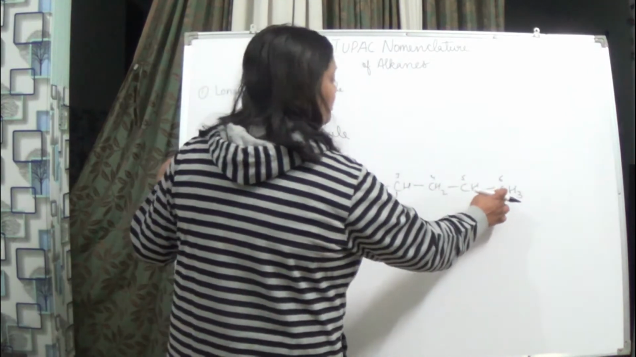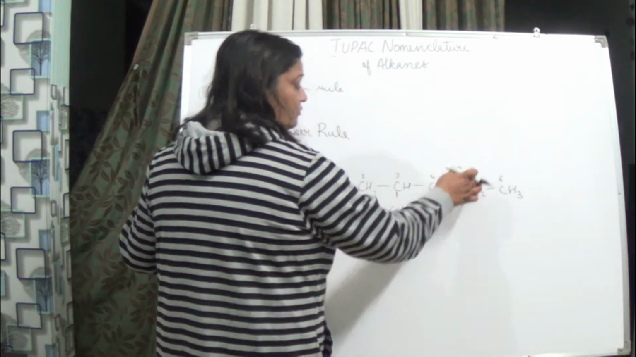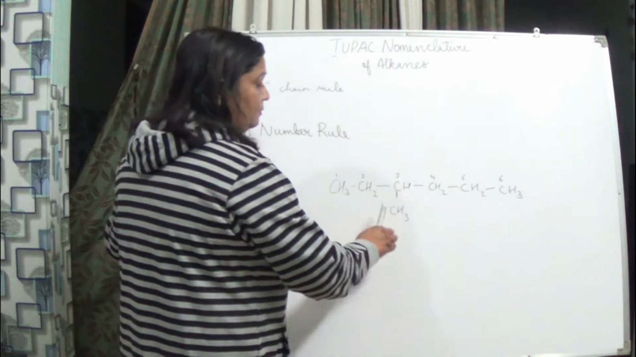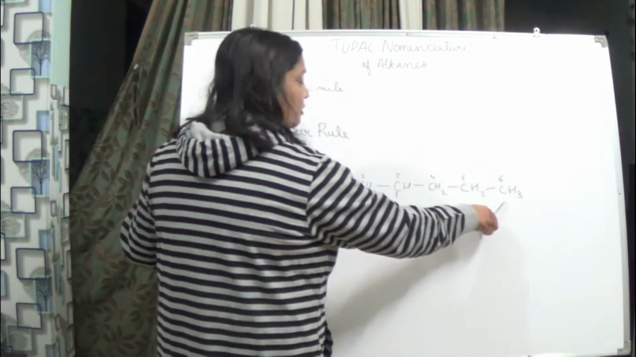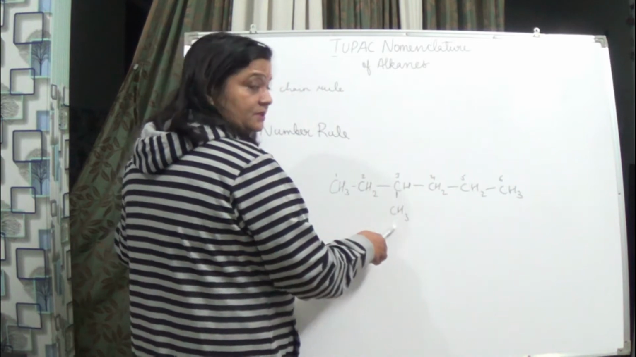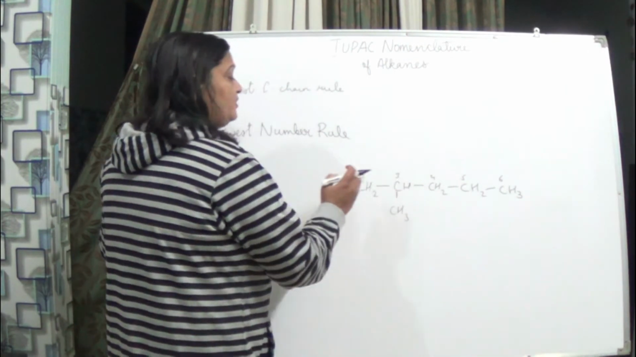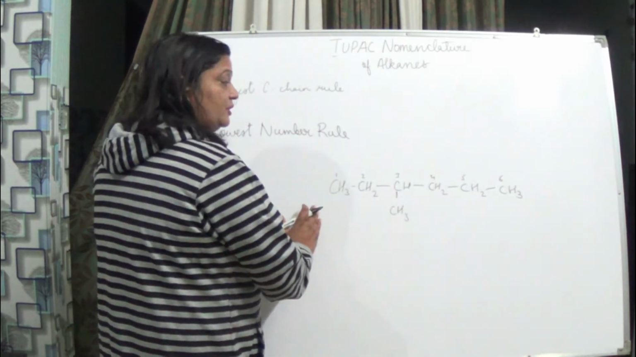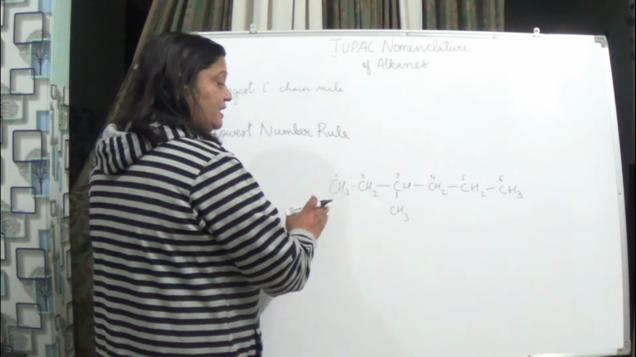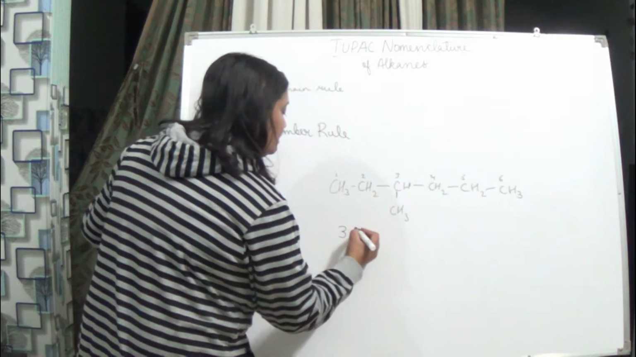We can count 1, 2, 3, 4, 5, 6 from either side, since here also it is 6. But we have to make sure from where the branching comes first. If we count from here, it comes at the fourth position, but when we count from this side, it comes at the third position. In this example the branching comes first from this side, so it becomes 1, 2 and 3, so it becomes 3 methyl